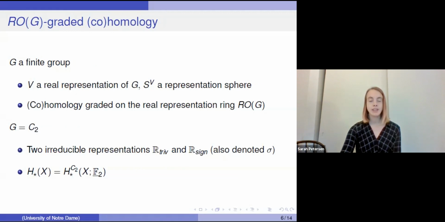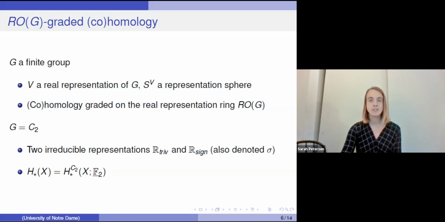So here, we let G be a finite group and V a real representation of G, and we consider representation spheres, S^V, which are the one-point compactification of V. We then grade our cohomology on the real representation ring of G, allowing for a suspension isomorphism for all of these spheres S^V. In the particular case where G is C2, the cyclic group of order 2, we have two irreducible representations,